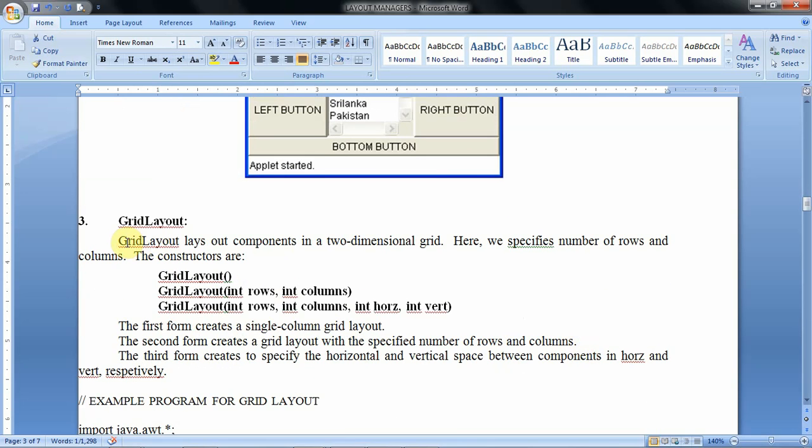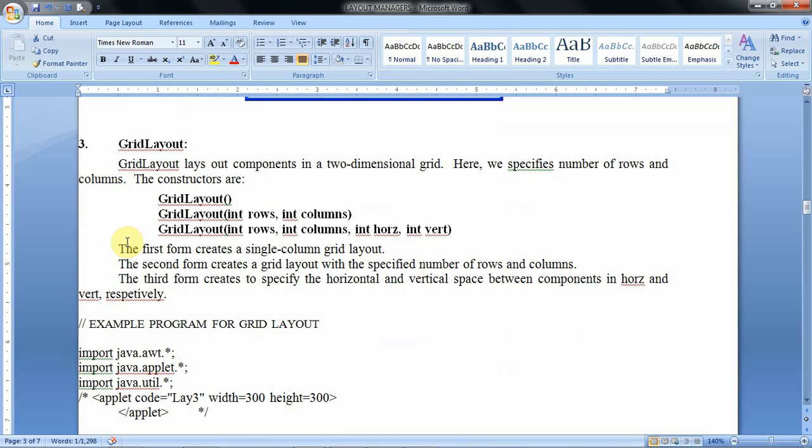So next we will move to discuss grid layout manager. Grid layout manager layouts the components by dividing the window into some collection of grids. Grid is nothing but the total window is divided into some collection of equal size grids.